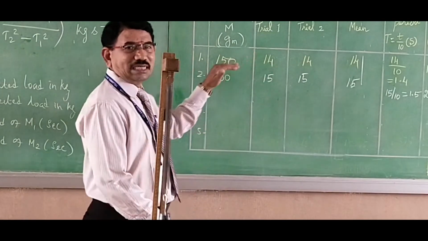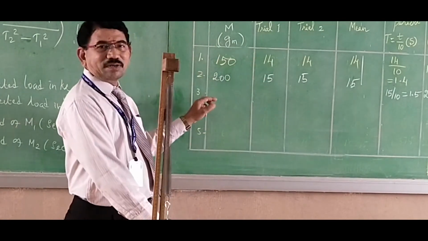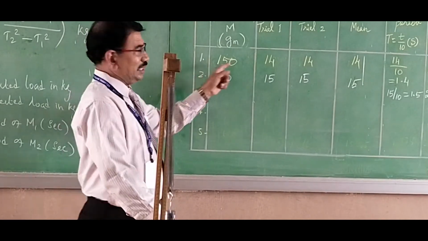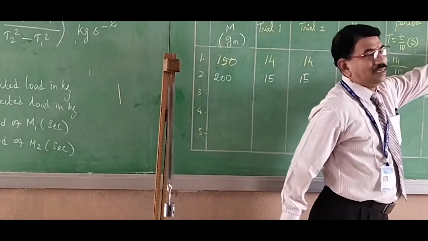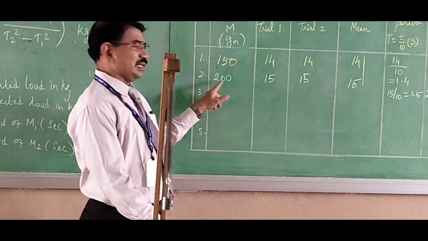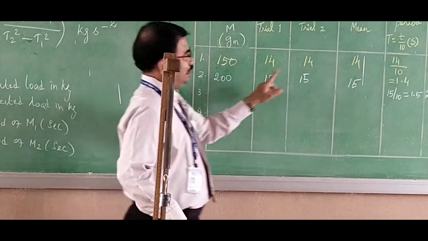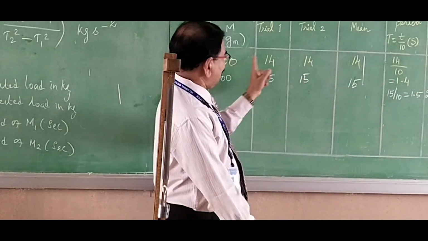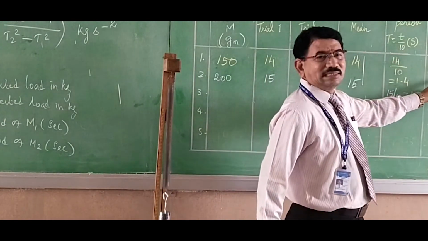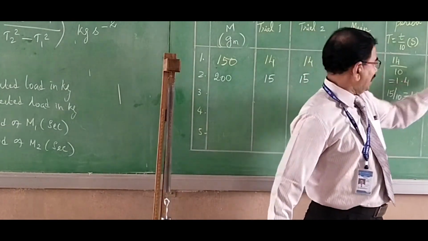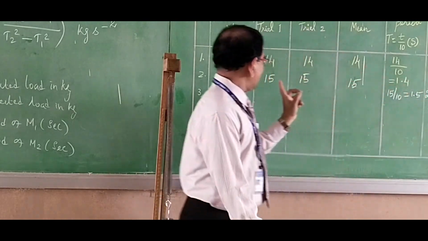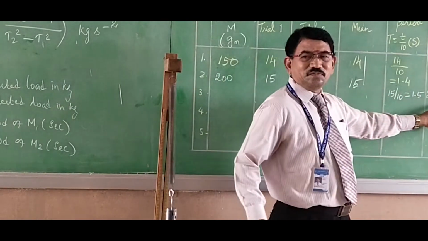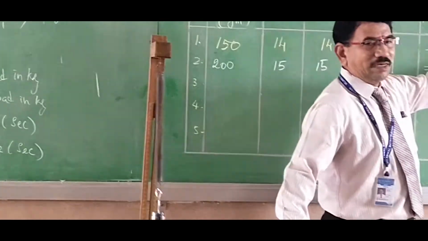Now the summation of these two readings, the first two sets of readings, or two trial loads. The first trial load we started with 150 gram, I will take it as M1 and substitute over here. The second trial load value is 200 gram, which I take as M2. Corresponding to M1, the time is 1.96 as T1 square, and corresponding to the second load, 200 gram, the time is 2.25, T2 square. I am going to substitute over here.